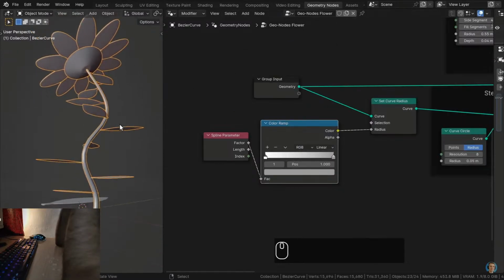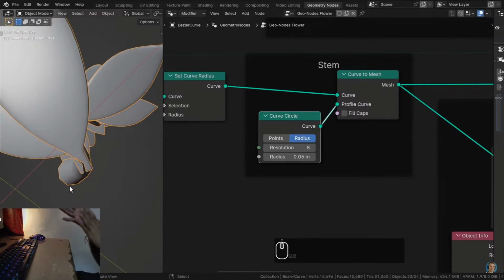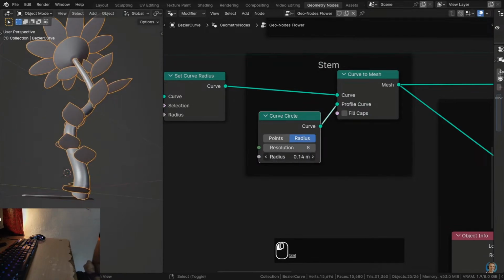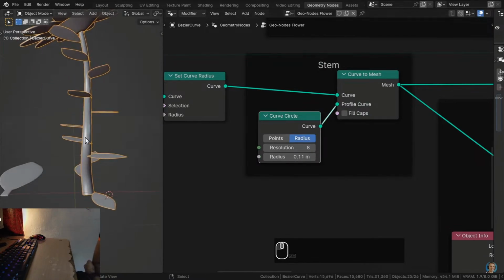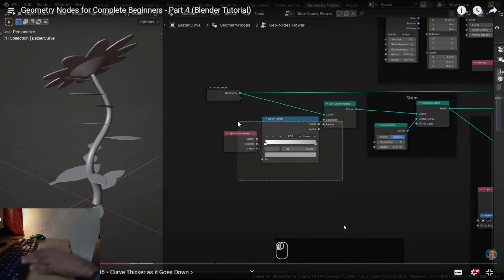Now I want the entire thing to be a bit thicker, so if I go over here to the stem, I can take this radius here on the curve circle. This is going to be the data telling it what the shape is going to be, so it's going to be that circle shape. So I can just turn up the radius and make the entire thing thicker. So we're going to make it a bit thicker, so something like that is better. All right, so these three nodes here